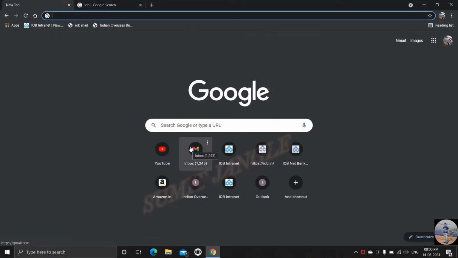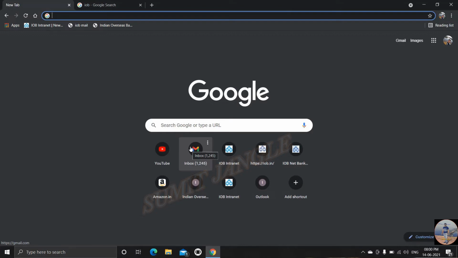Let me first tell you that you need not have a PC or a laptop, a desktop basically, to download a statement. You can do it on your mobile also. Plus, in Chrome, enabling the desktop site is also not necessary. You can simply download it either on mobile or laptop. No issues. How to do it?